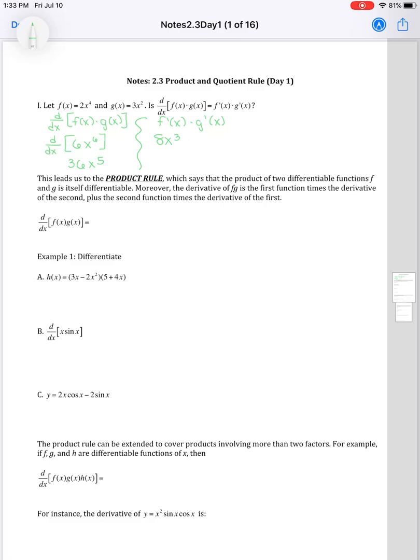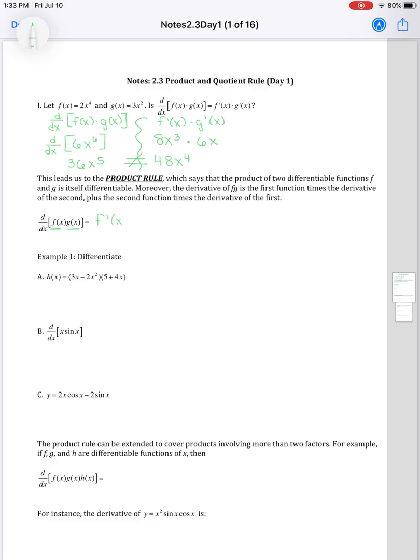On the other side, if we take the derivative of f of x, you get 8x to the third. G of x, you get 6x, and when you multiply, you get 48x to the fourth. So just right there, that's proving the fact that you cannot just take the derivative separately. So there's something called a product rule. It says that the product of two differentiable functions, f and g, is itself differentiable. Moreover, the derivative,